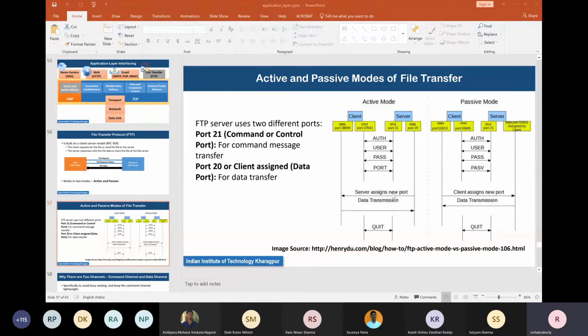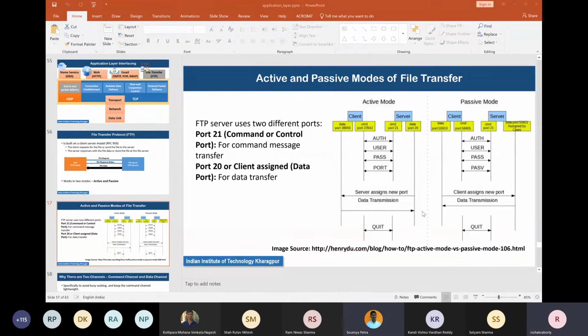So the server assigns a new port, which means the server initiates a new data TCP connection at port 38069, and then the server can transfer data from this side to that side. I mean, data can be transferred, and also from client side to server side data can be transferred. So it is showing both directions, right?